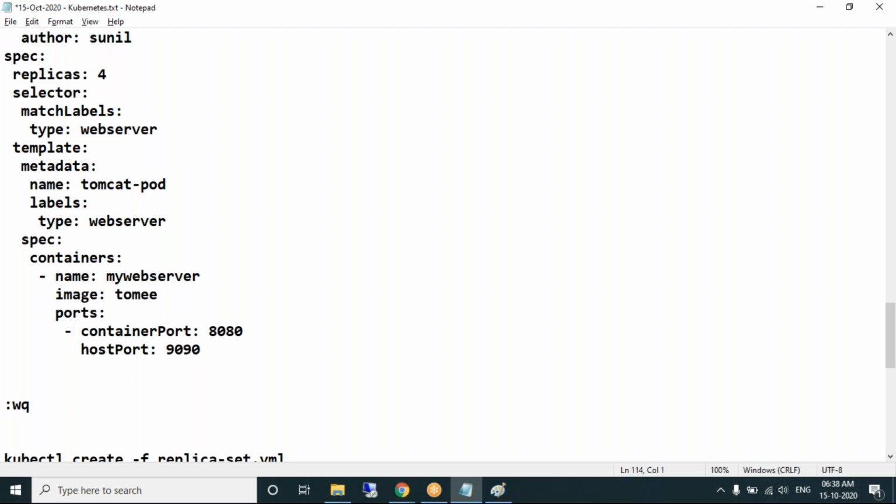Clear? It's the same as the replication controller for creating load balancing. The only thing is, it has an additional selector field with match labels, and it will search for the same label. If this label is already there, it will be used as part of the replica set. That's it.